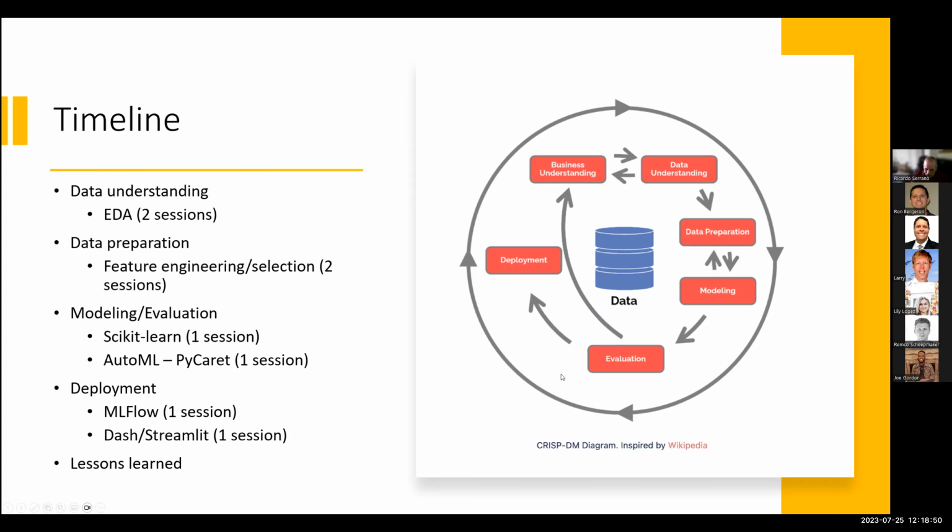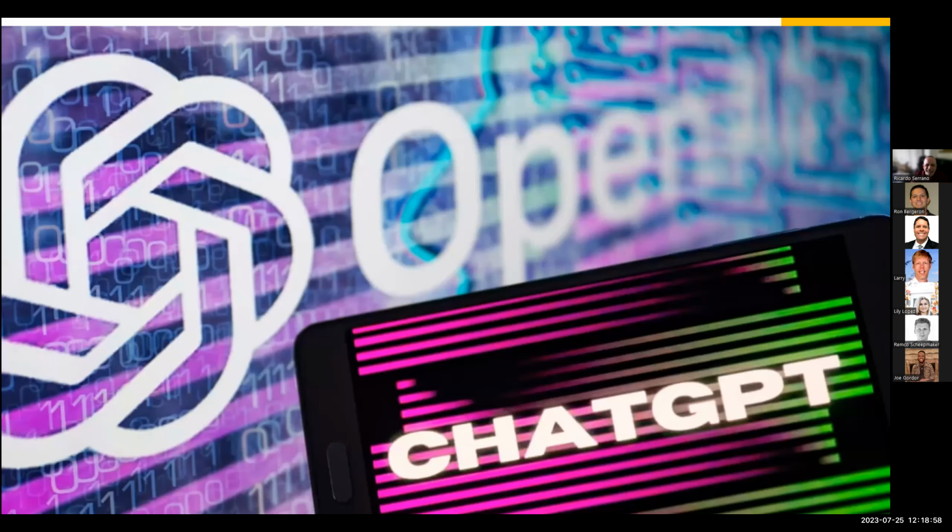Now, before we start dissecting the data set, there's an elephant in the room, right? And you know what I'm going to talk about. I'm going to talk about OpenAI and ChatGPT. So I have an informal poll for you guys. The first question is, write a 5 if you are using ChatGPT regularly. It could be for data science, or it could be for anything else, okay? So if you can put a 5